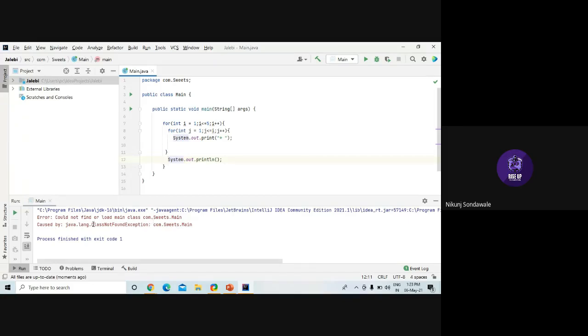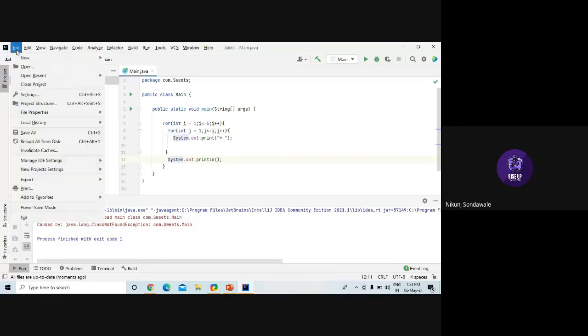Okay, so something is wrong with the package file, so we'll just take one new project.